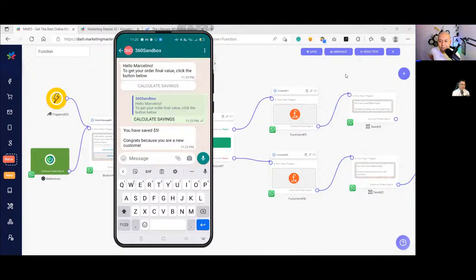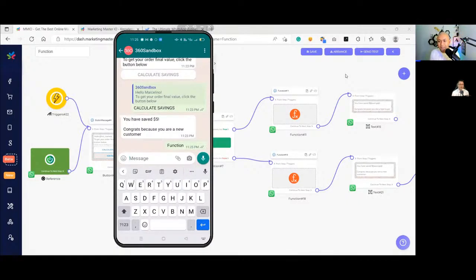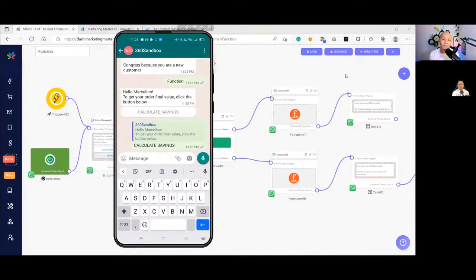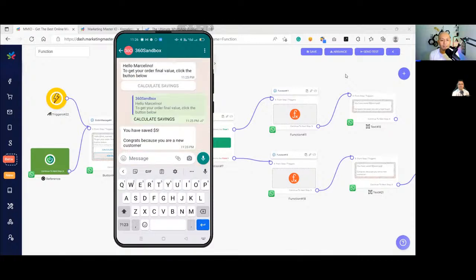There shouldn't be any tags on the contact. There's still not a tag created. So let's trigger the function. You should get a $5 US savings. Same savings, $5. Okay, calculate the savings. I should get the same $5. But if we trigger again,